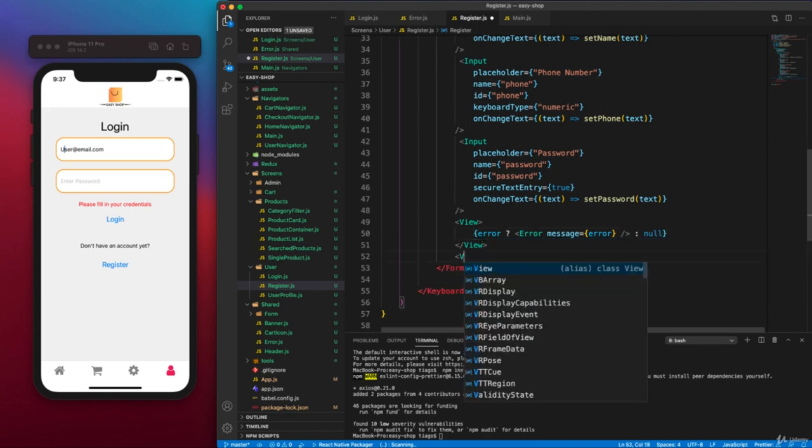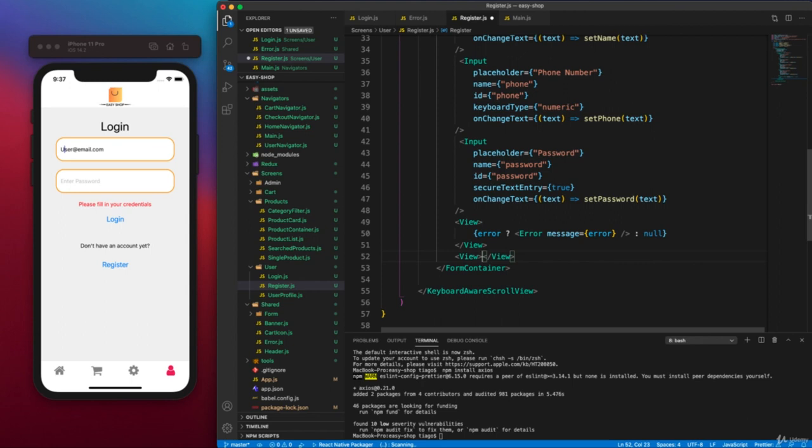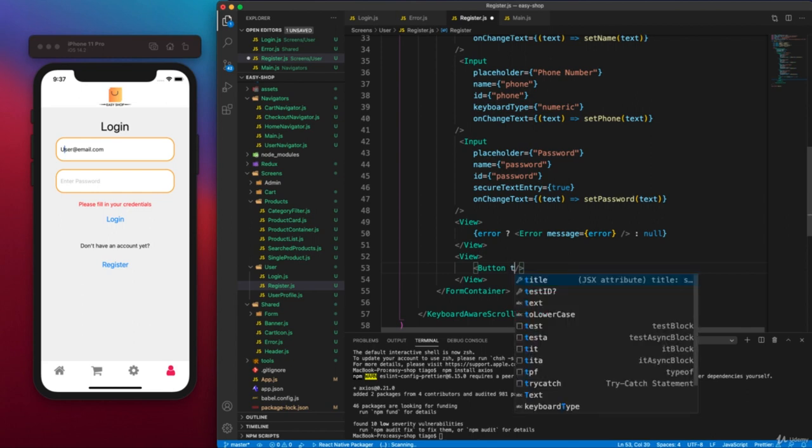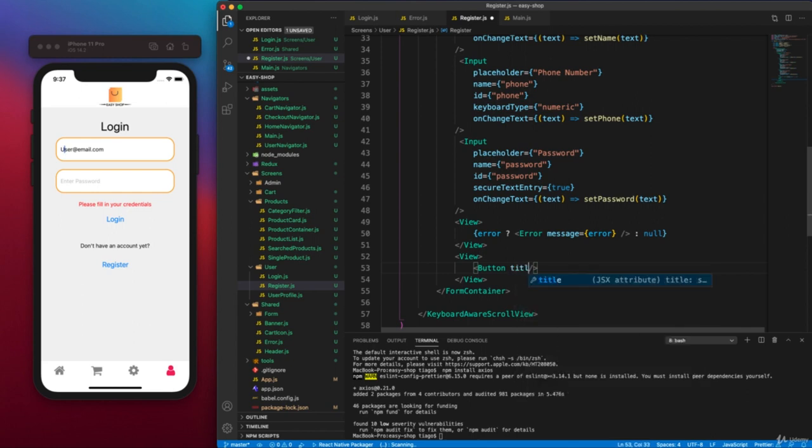Now again another view for our button, so the button will have a title of register,